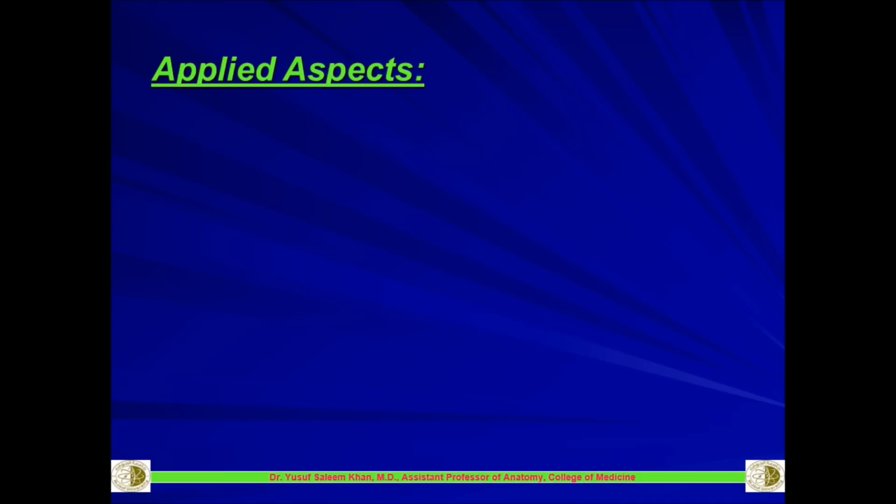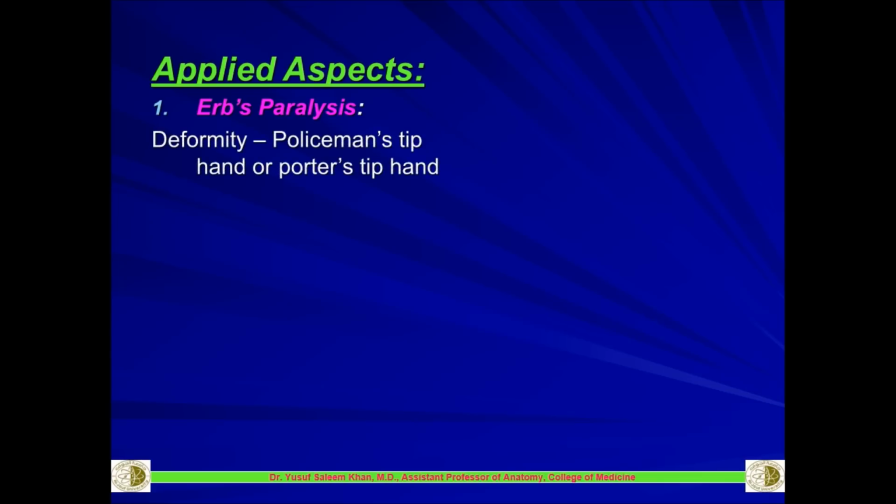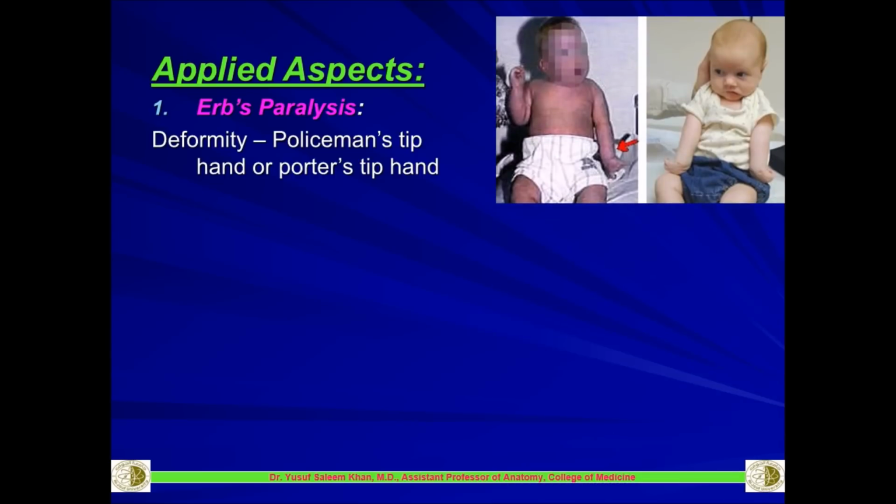Now let's discuss the applied aspects. The first applied aspect for the brachial plexus is called Erb's paralysis. Erb's paralysis is also called the policeman's tip hand or porter's tip hand because of the position of the hand. If you can see in this picture, the infants with the policeman's tip hand, if you can see here,